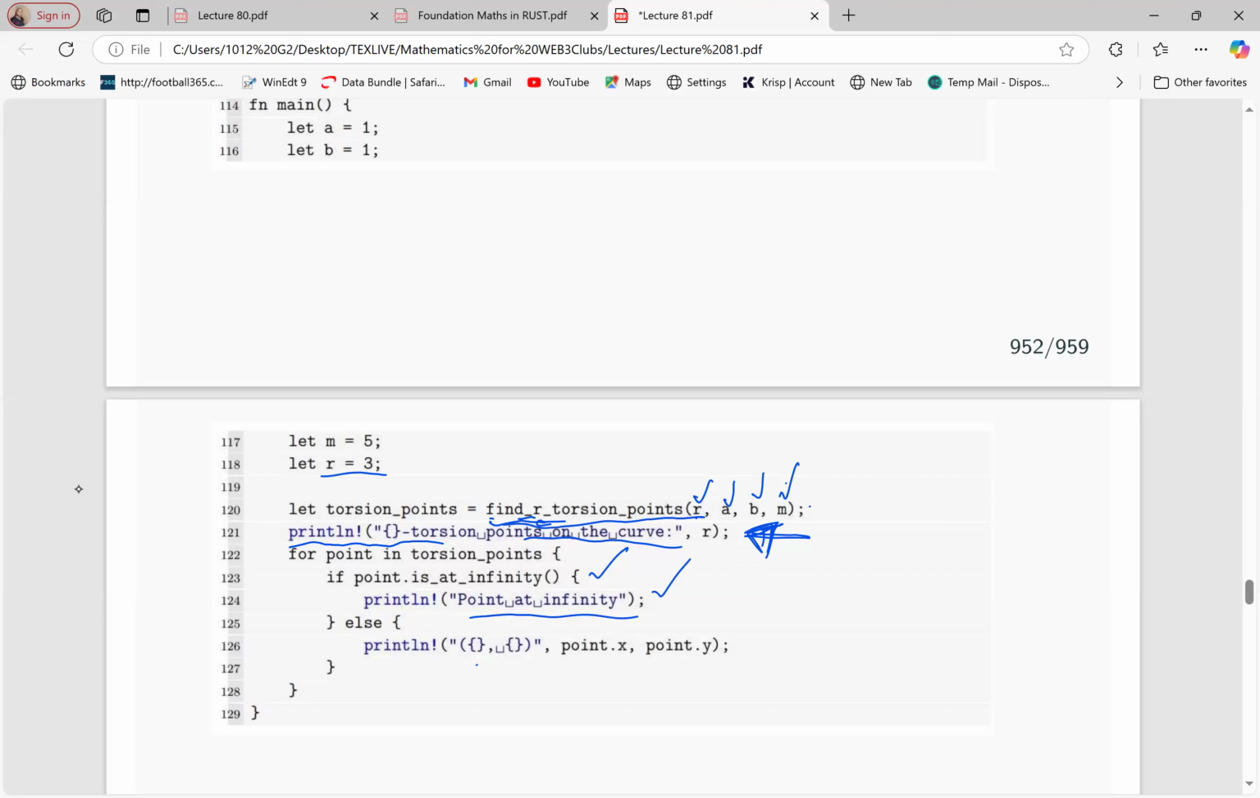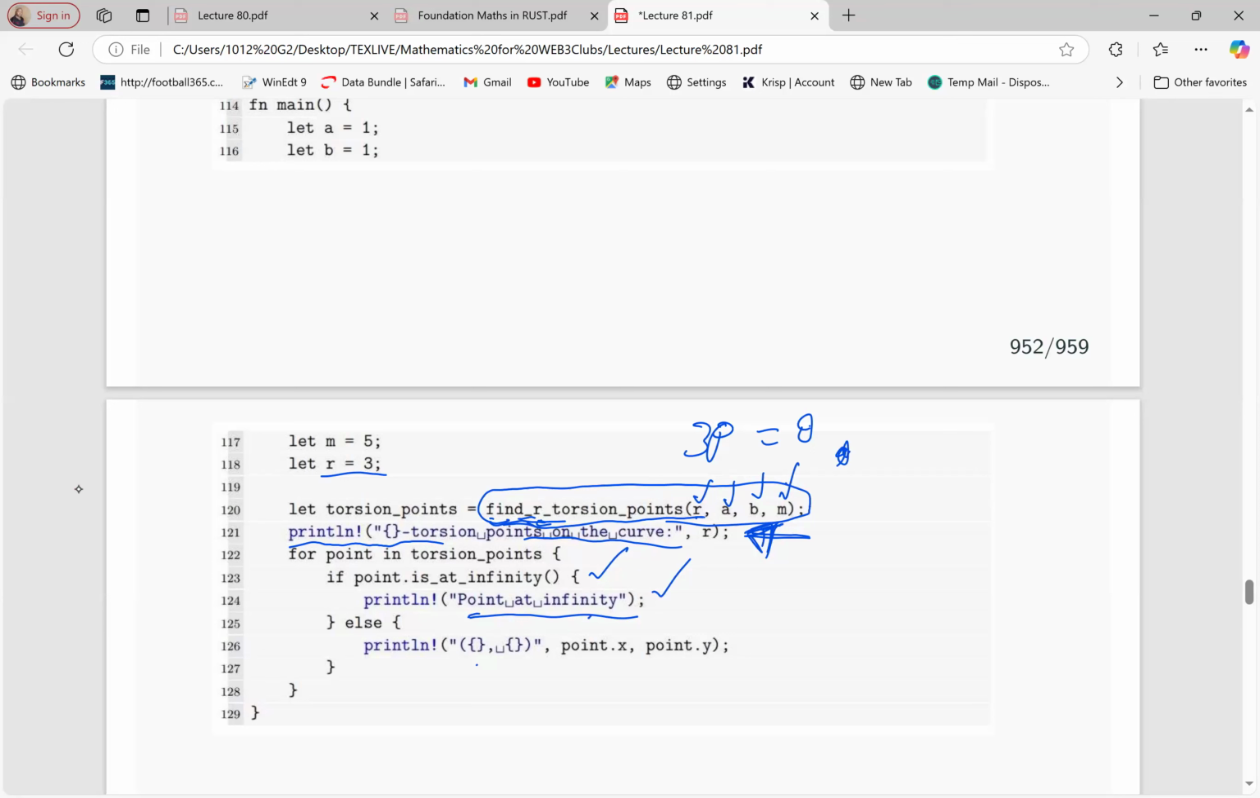For those that are coming, you see this one, find R torsion points will have to respond. It will have to give the points which when added 3 times give you point at infinity. So I'm just telling it that of those points that have come from above, if you find that one of the points is at infinity, just write